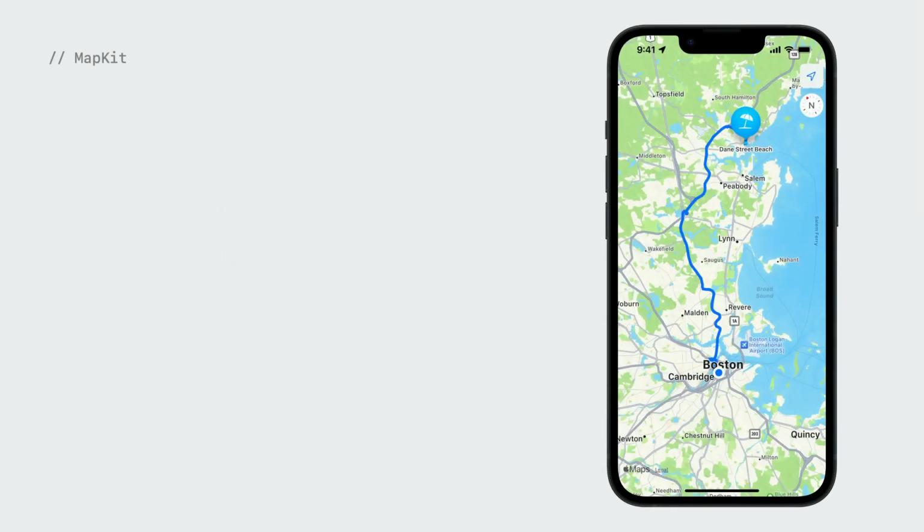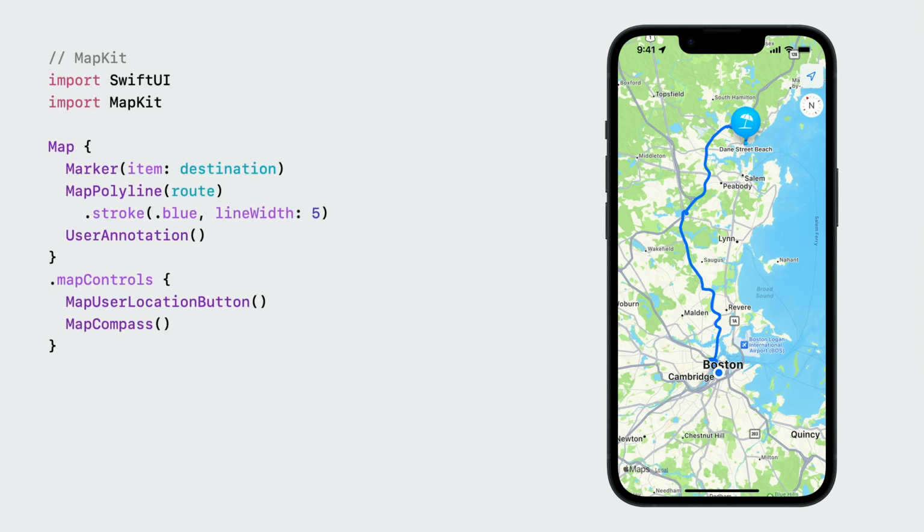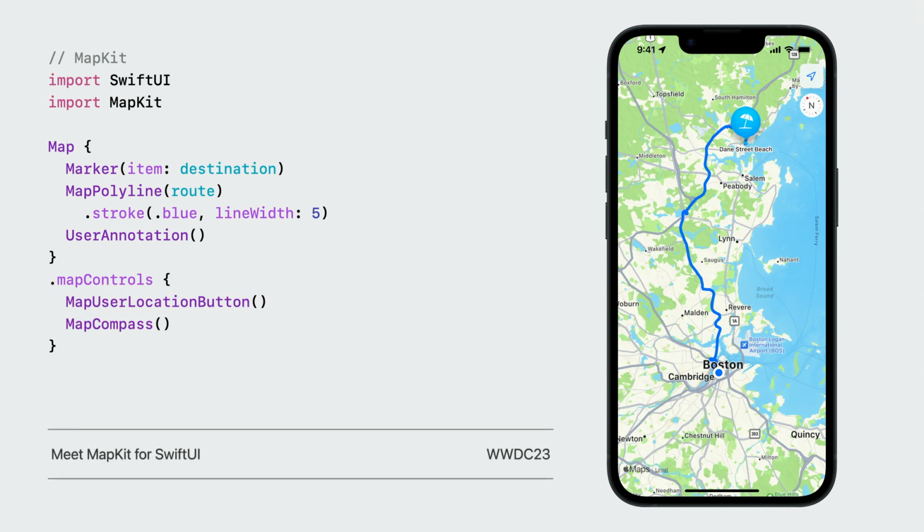MapKit delivers a massive update that gives you the power of Apple's marvelous mapping framework right in your SwiftUI code. Simply import SwiftUI and MapKit to use these great features. Put a map in your view. Add custom markers, polylines, and the user's location. Configure the available controls. To learn all about adding amazing maps to your SwiftUI app, check out the talk Meet